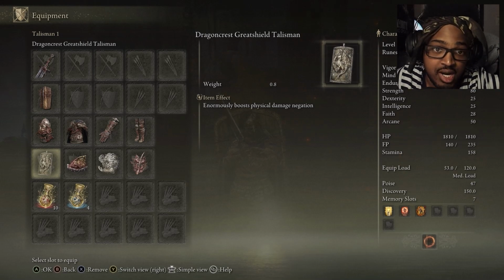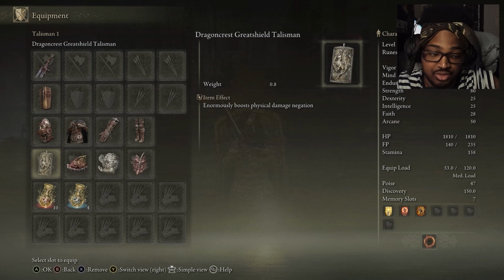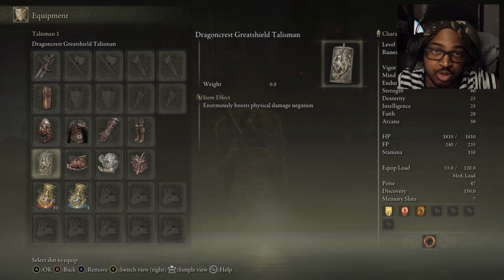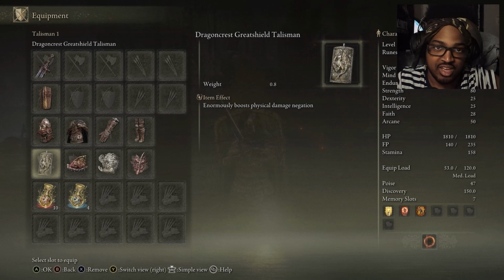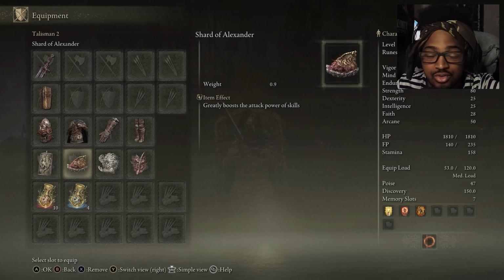I'm taking the Dragon Crest Shield talisman to really have a bit of damage negation, so that way I don't have to take a lot of damage whenever I'm using this weapon, since you will have to stay in one position and charge up your Ash of War to get the best damage possible. I'm also taking Shard of Alexander to greatly boost the attack power of skills,